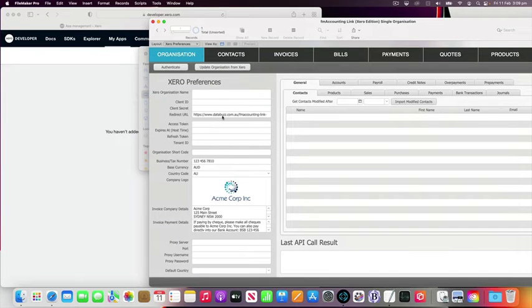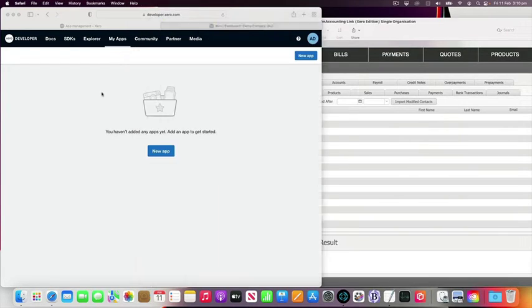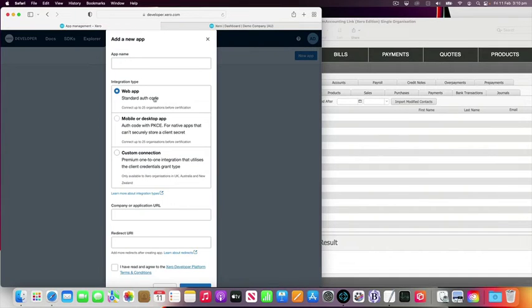So this is all empty, so I'm going to need to create some credentials on the Xero website and copy and paste some things and then authenticate and we'll be away. So over in my web browser, I've logged into the developer.xero.com website with my Xero account, and I've clicked on My Apps, and this is where we go to create a brand new app. So I don't have any at the moment, so I'm just going to click the New App button,